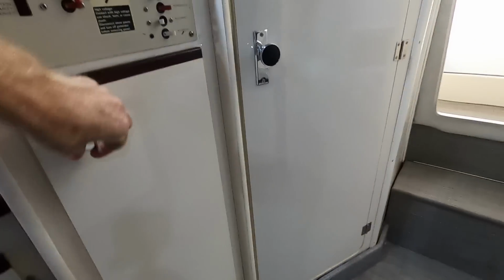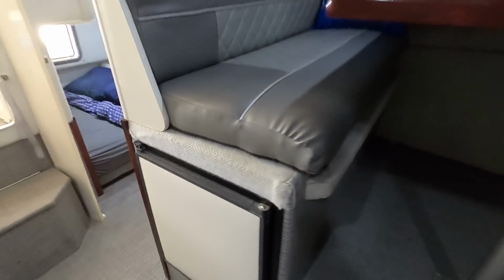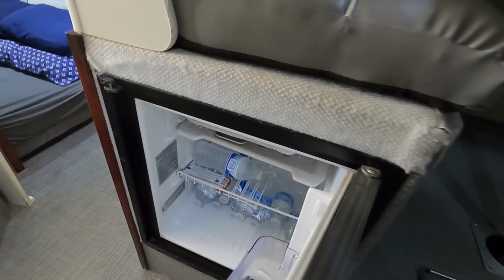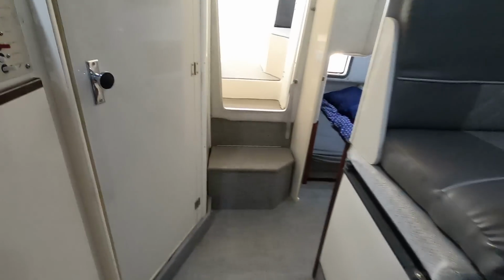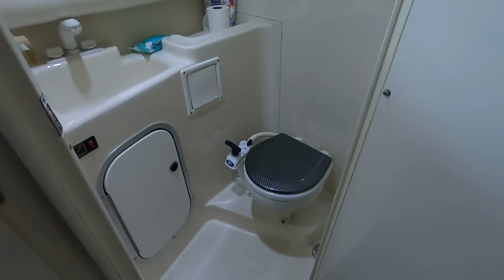We've got a nice hanging closet right here. And then just under this convertible dinette, we do have a Norcold 12 volt and 110 refrigerator. And then here's our head compartment. We've got a manual Jabsco head,